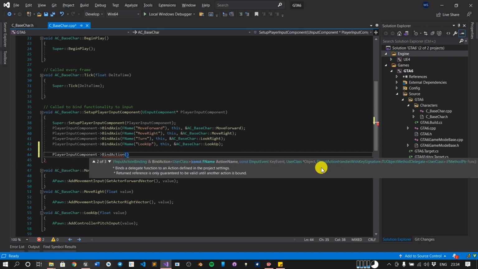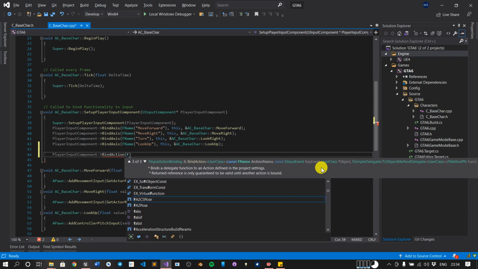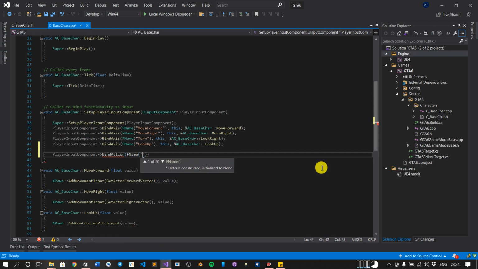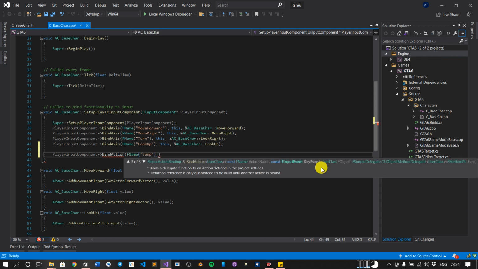Okay, let's go with this one. FName, it was Jump, if I remember it correctly. Next is the input event. It is saying when you want to call this function, when I have pressed the key or when I have released the key.